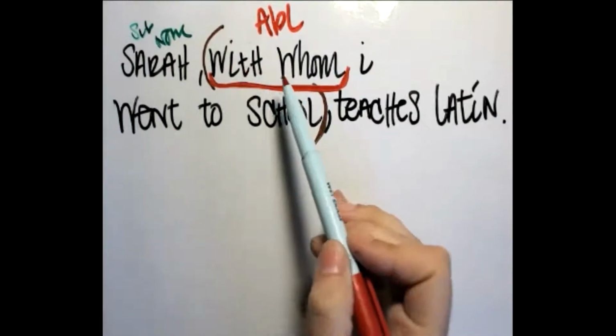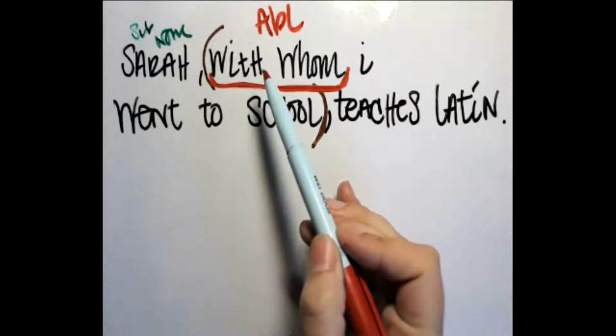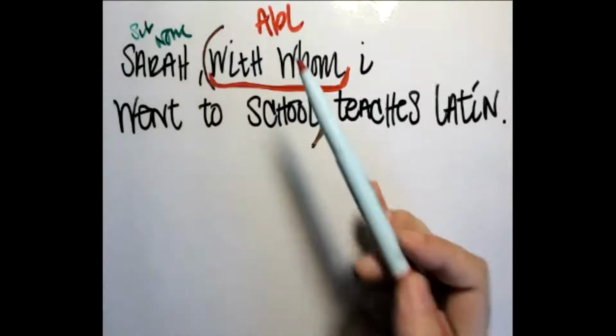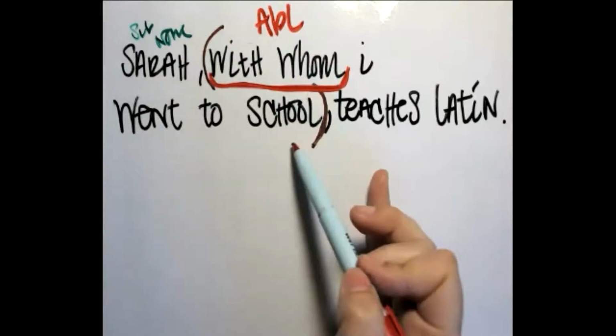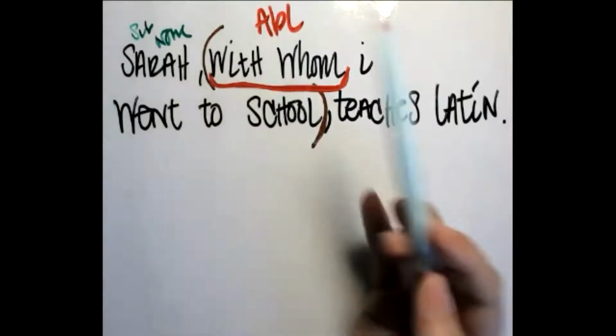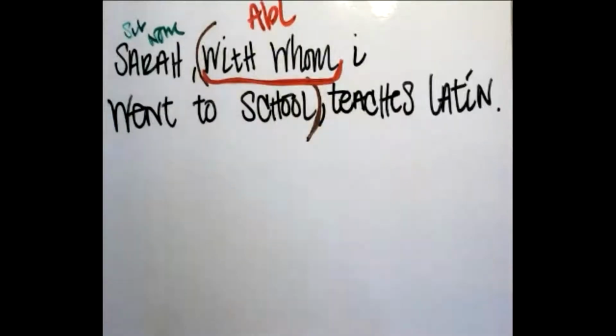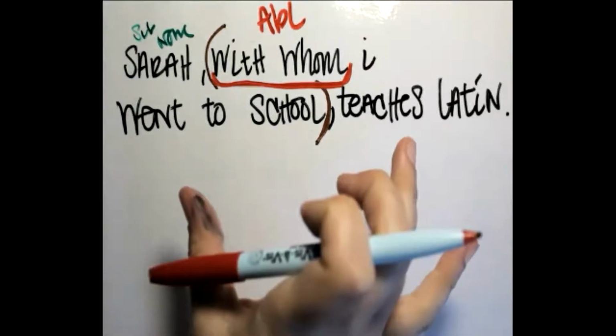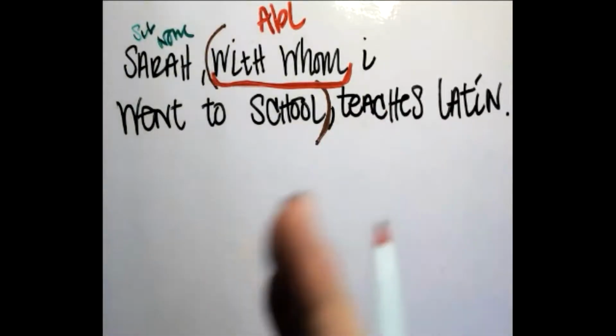Our with whom here would be singular and feminine, but instead of being in the nominative to agree with Sarah, it would be in the ablative, because within its own clause here, it's giving you information that can only be conveyed in the ablative. Okay, so it's just a little bit of information up front to kind of prime your brains and let you know how we're going to be using the relative pronoun before we get into